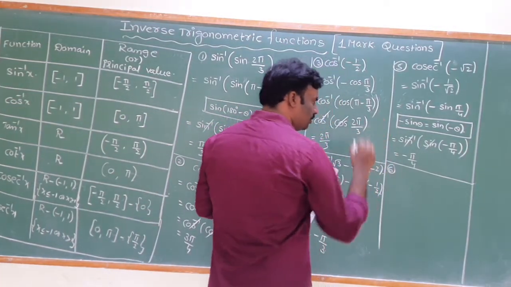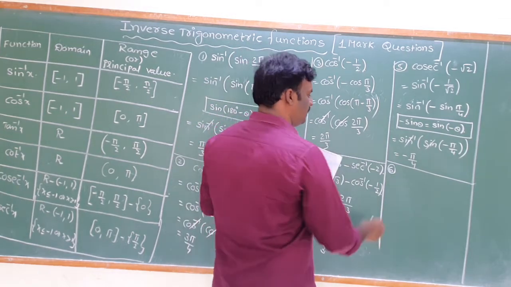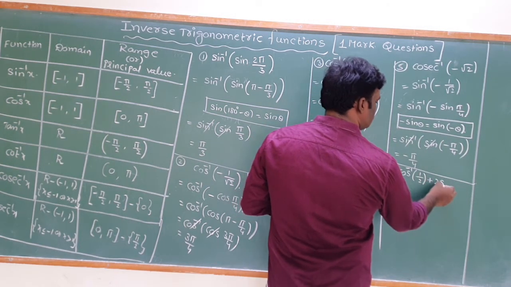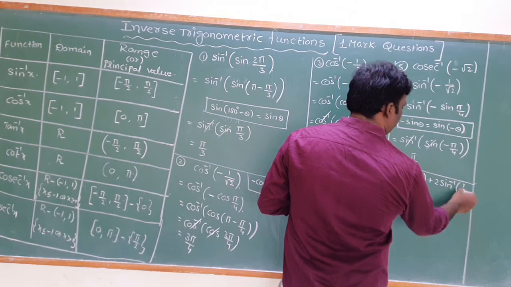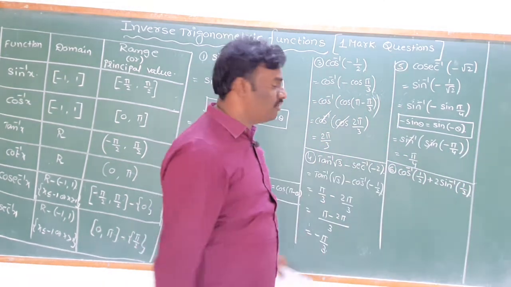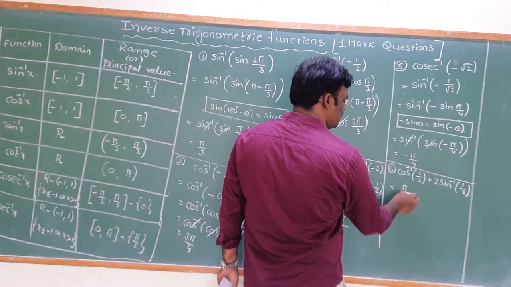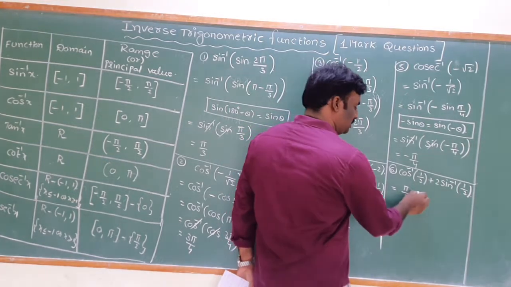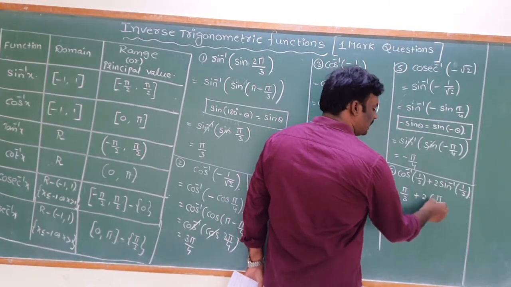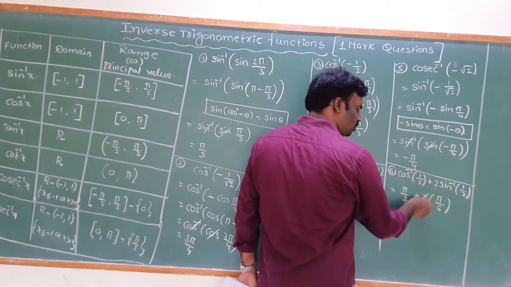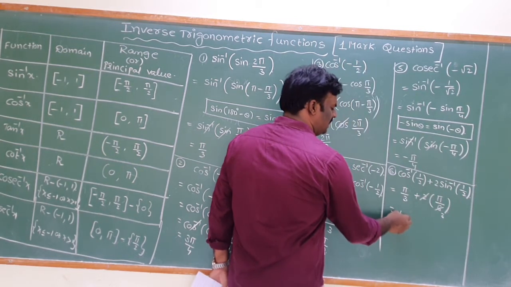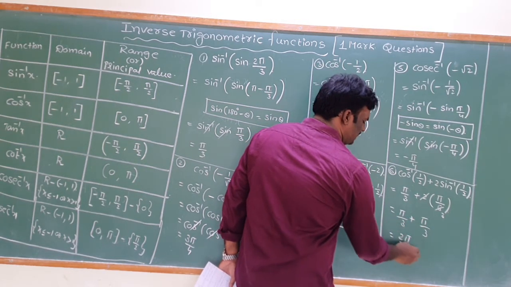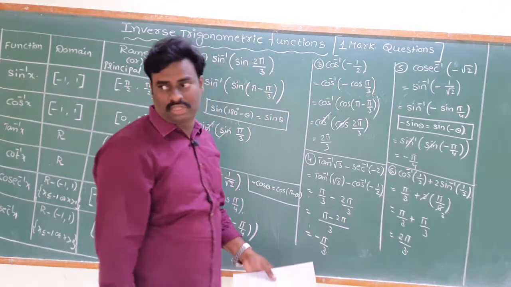Next, we will discuss question number 6. This is cos inverse of 1 by 2 plus 2 sin inverse of 1 by 2. When cos value is 1 by 2, it is cos 60; you can get it directly from the trigonometric table. Plus 2 into, when sin value is 1 by 2, 30, that is nothing but pi by 6. The 2 and the 3 cancel, then pi by 3 plus pi by 3, therefore 2 pi by 3 is the answer for question number 6.